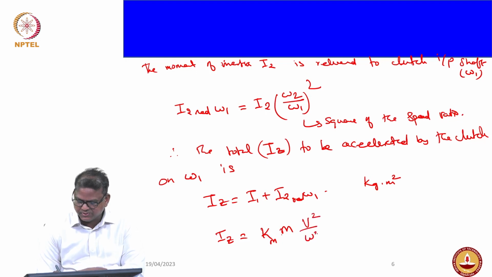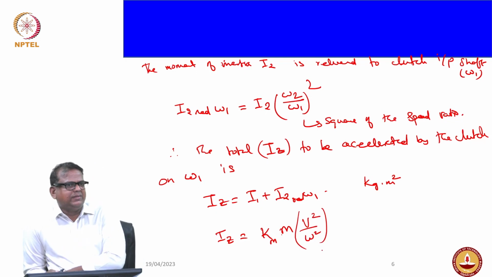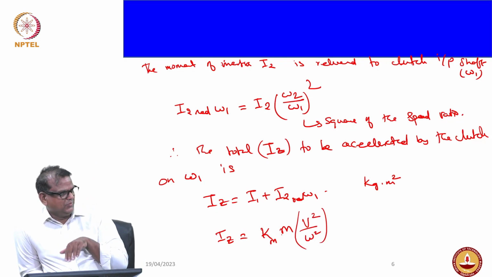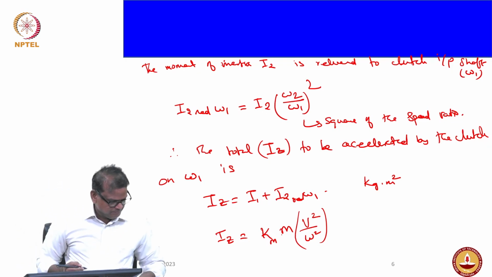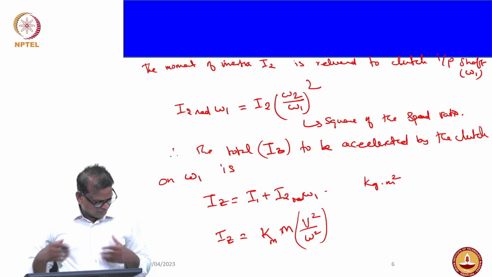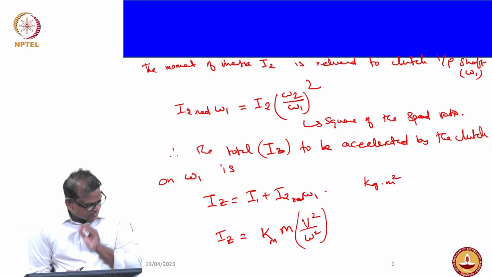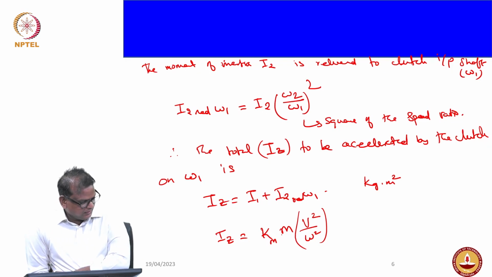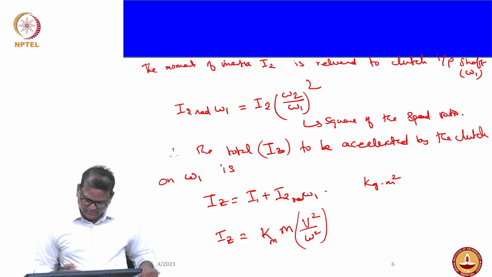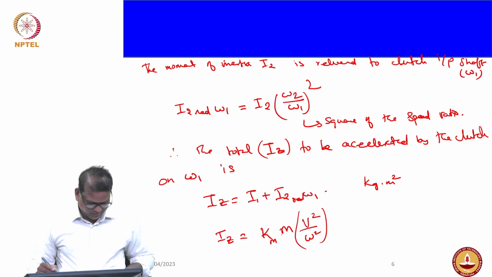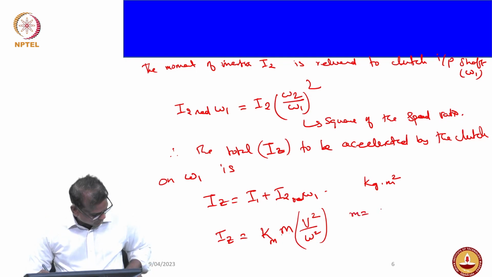V square omega square. So I have taken care of your translation as well as rotational things, right? This is by converting the effective mass moving in a straight line to the moment of inertia, right? The Is would be equal to Km into M into V square by omega square, where M equals the mass